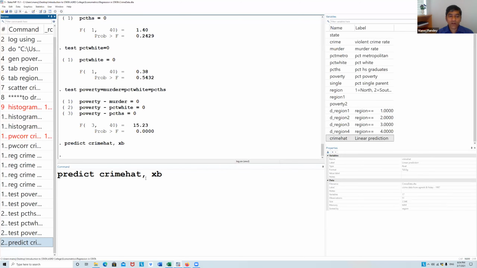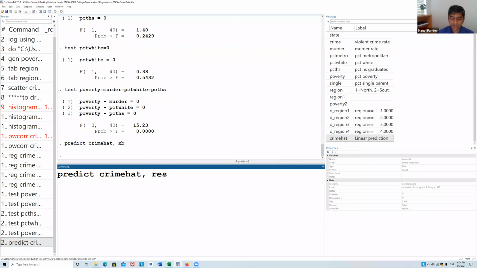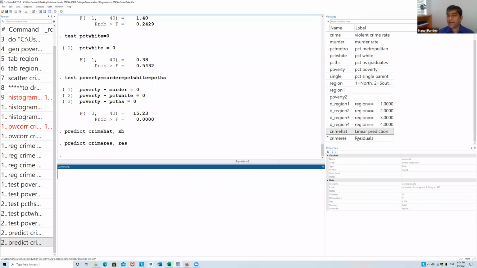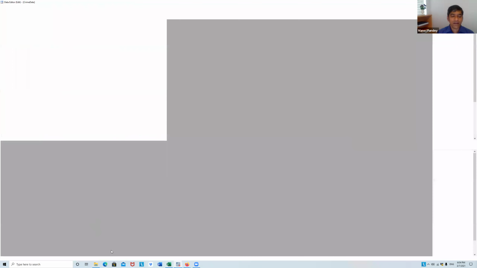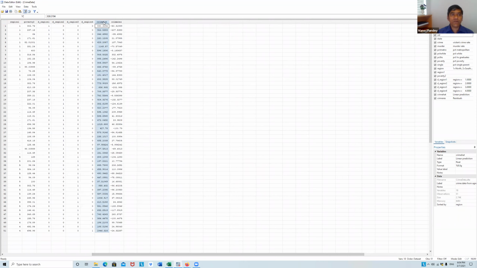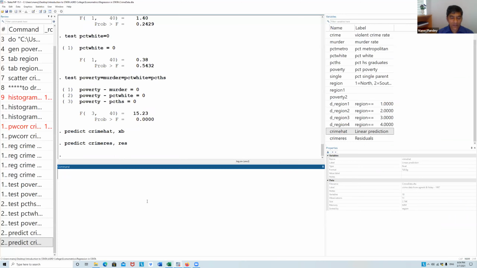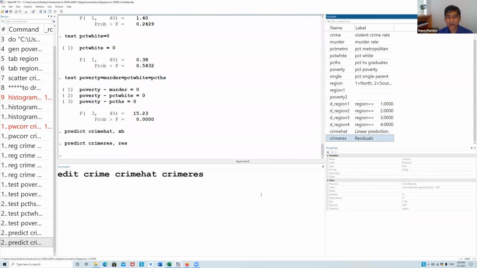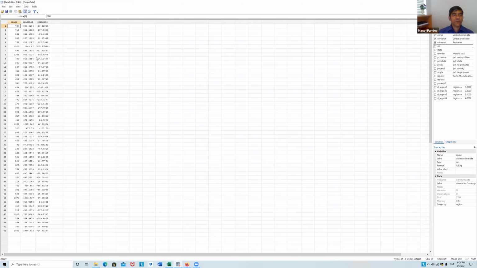Now, if you are interested in predicting the residual, u hat, then you can use just the residuals option. Because crime hat is already there, I'll just put crime residual here, and then it will create another variable, which is your u hat. Now you know the relationship between crime hat, crime, and this one. I hope everyone knows the relationship between these three.